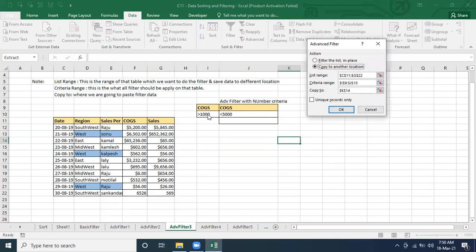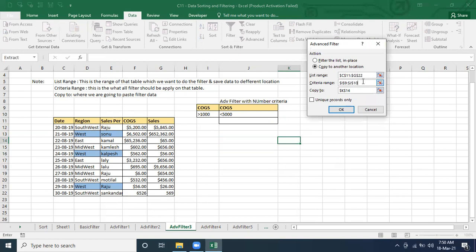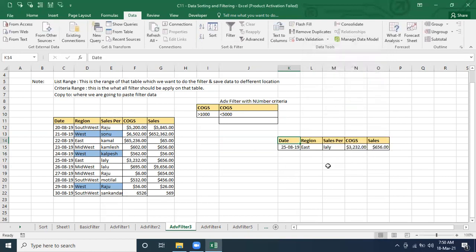Here greater than 1000, and then less than 5000. We want to do it here itself, and the criteria is going to match. Click on OK. This is giving only 1000, maybe there is some problem. Greater than 1000, choose it, and then it should work. Yes, it is correct, only 3000 is there, no greater than 1,000. Sorry, I thought this one would also come.